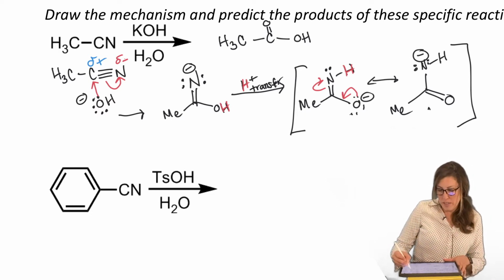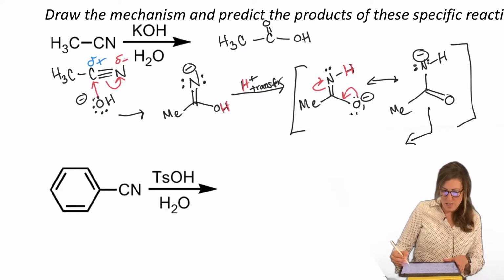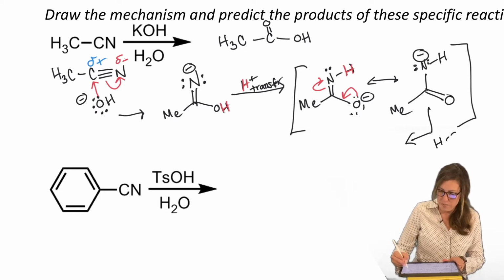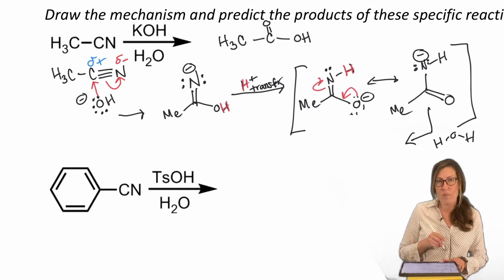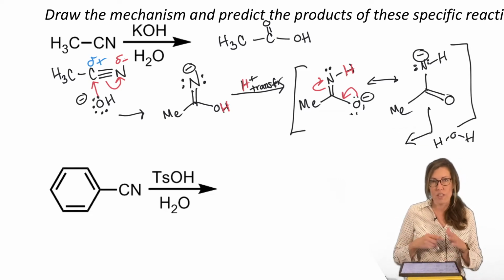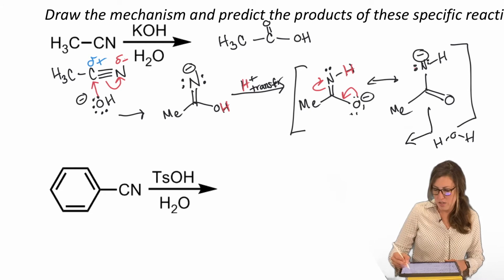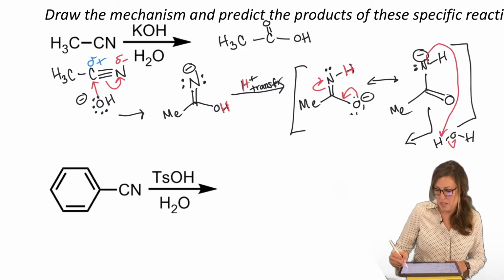So I'm going to run with this second resonance structure and protonate with some water because I don't have acid available. That'd be very wrong. That would be an example of something unreasonable, to just add some acid willy-nilly and say, here's some acid, because look at the conditions, we're in base. You'll never add the acid when we're in basic conditions.